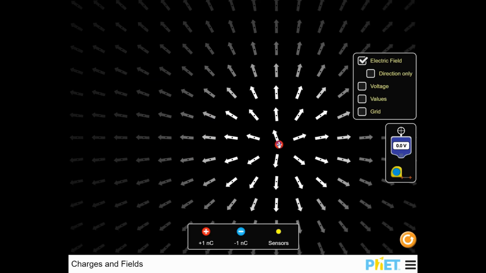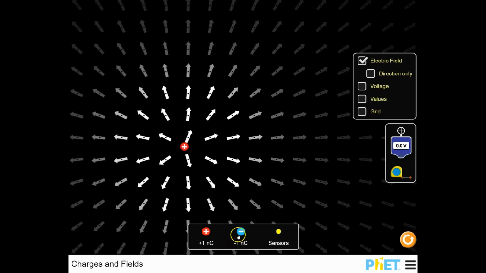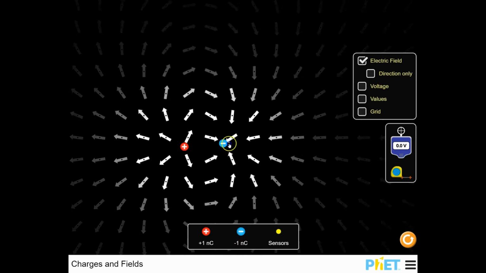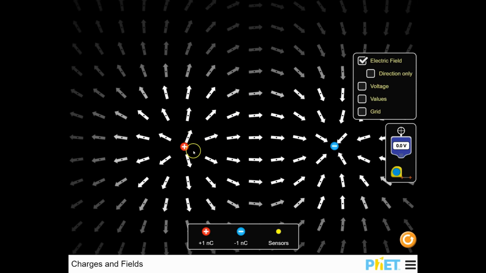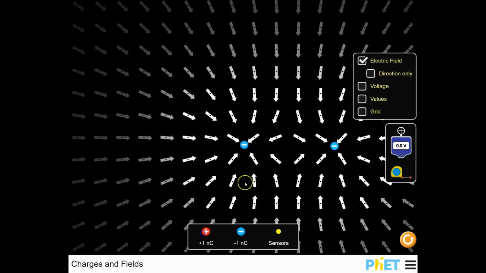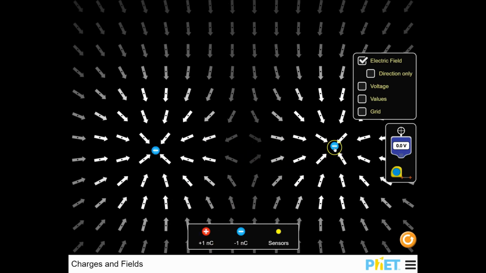They're modeling the electric field lines. You can bring in an electron, and you can see the classic attraction field. I believe we can put 2 in here, remove that one, and now you can see the repulsion field,